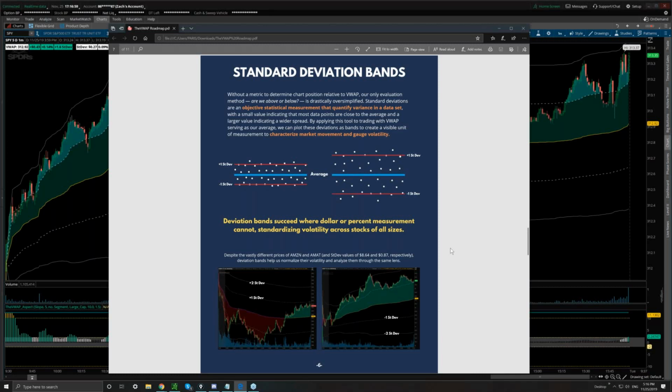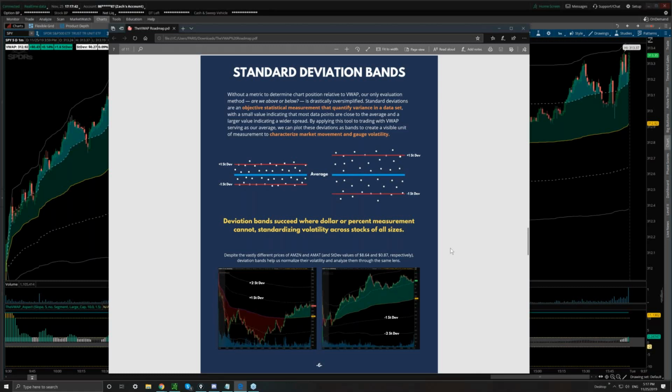It's neat because if we were using, let's say, dollar distance away from VWAP, some stocks routinely move $5 away from their VWAP, like Amazon maybe. And some stocks would never move more than 50 cents away from their VWAP, and that's just based on the size of the stock. If you do the same thing with percentage, maybe you say, well, I'll use 1% away from the VWAP. That's going to be my divider line for what's far away from the VWAP or what's pretty close to the VWAP. Well, the problem there, again, is some stocks are very volatile and tend to move 5% every day. And other stocks would never move more than 1%, or it's unlikely that they would.